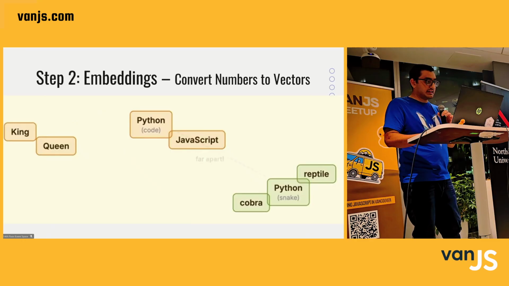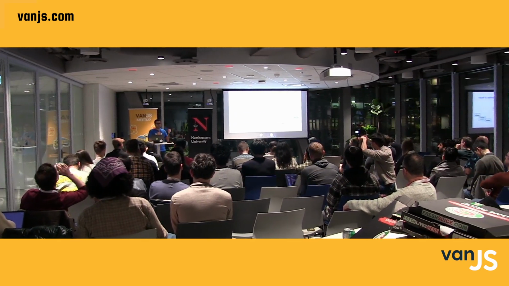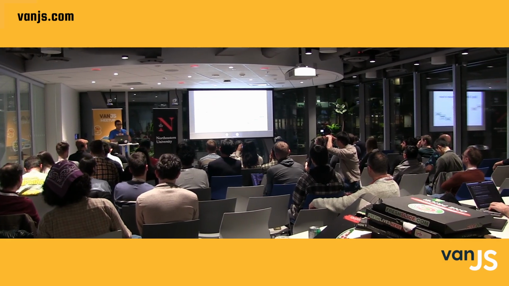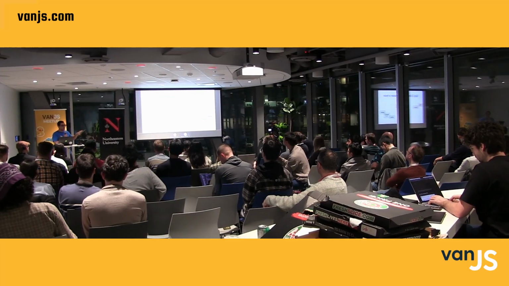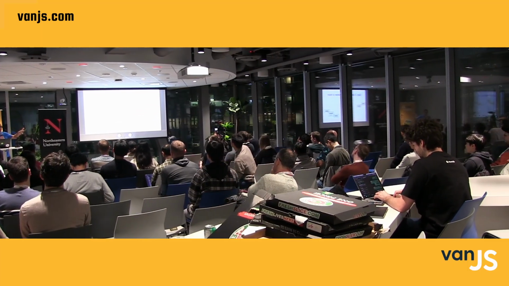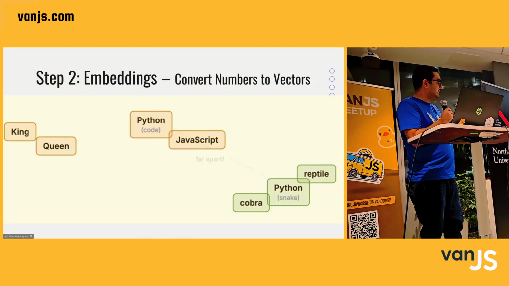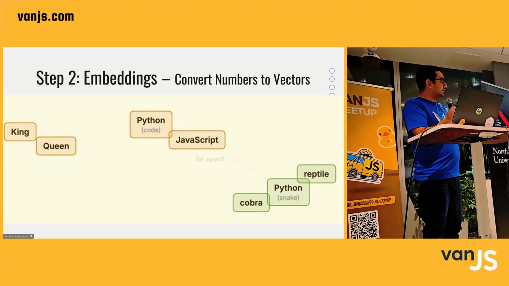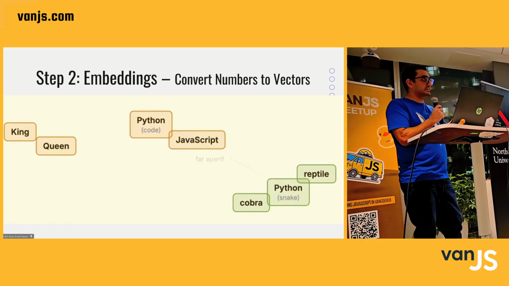That's the second step that we do, and we do that because LLMs try to cluster different words together. For example, for an LLM, king and queen would be one cluster, so they would occupy one space. Then Python and JavaScript would be another cluster to group them together. That's how they distinguish between different sorts of words. They cluster them together. So Python with JavaScript is a different cluster than Python with Reptile and Cobra. That's how they're distinguishing it in the vector space.